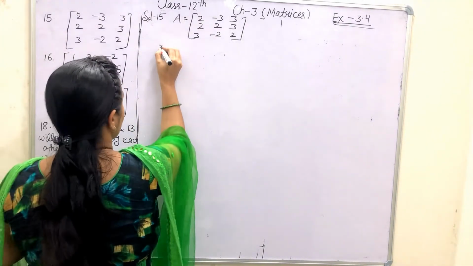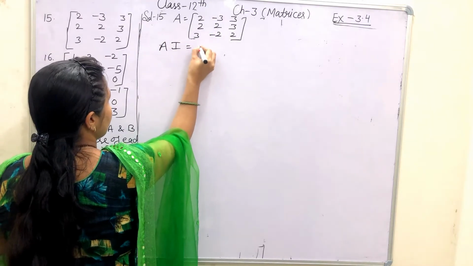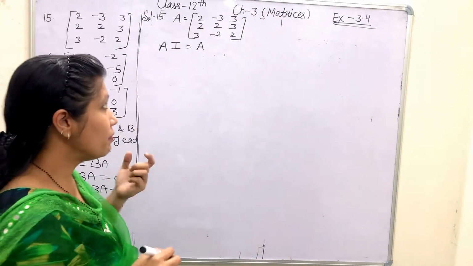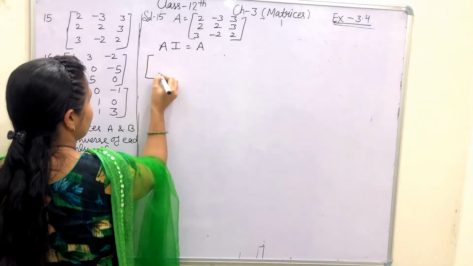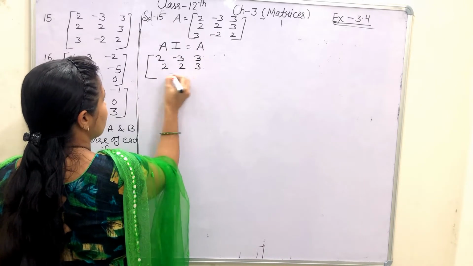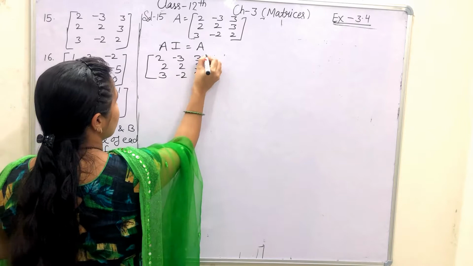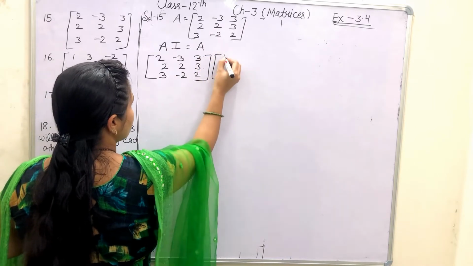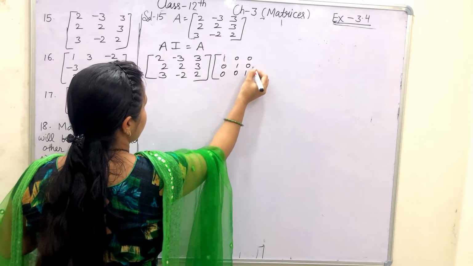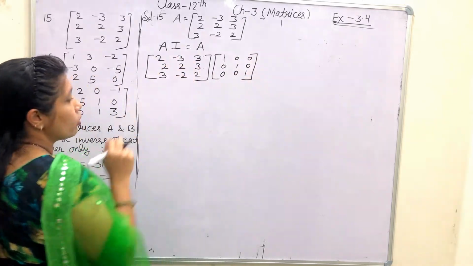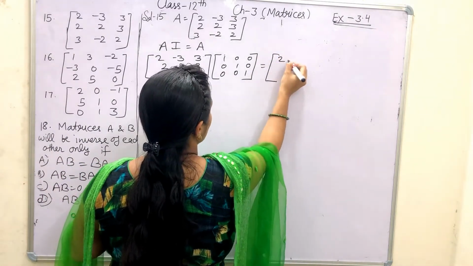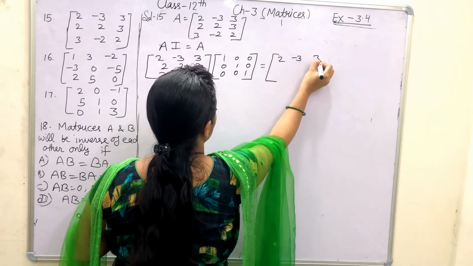What we have to do? A equals IA. We have to find here A inverse. How can we find it? We find it by the same process. Here is the matrix 3, minus 2, 2, and the identity whose order is 3 cross 3, because we know that the identity will depend on the order of matrix A. So here we take our identity as 3 cross 3.